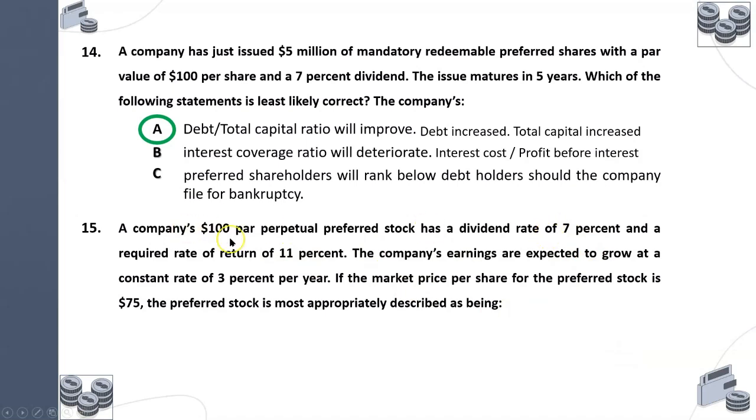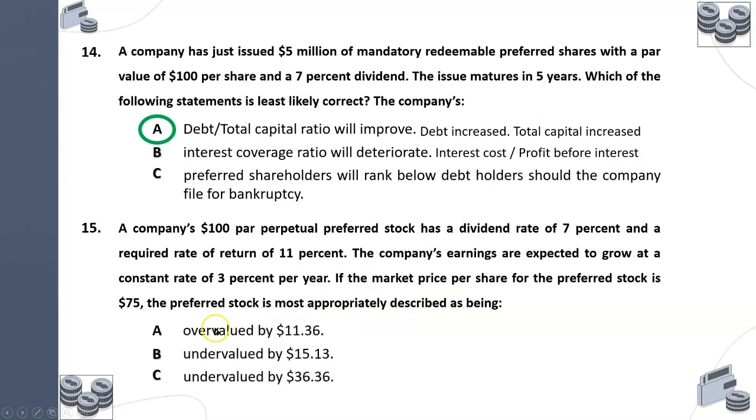So the company will pay exactly $7 for each $100, and the required rate of return is 11%. That means I, as an investor trying to buy this perpetual preferred stock, have a required rate of return of 11%. I will come to this. Let us finish the question. The company's earnings are expected to grow at a constant rate of 3% per year. If the market price per share for the preferred stock is $75, the preferred stock is most appropriately described as